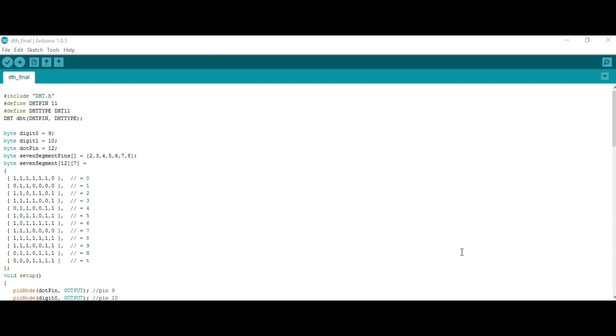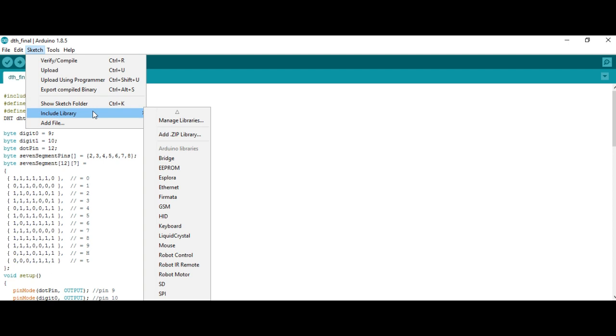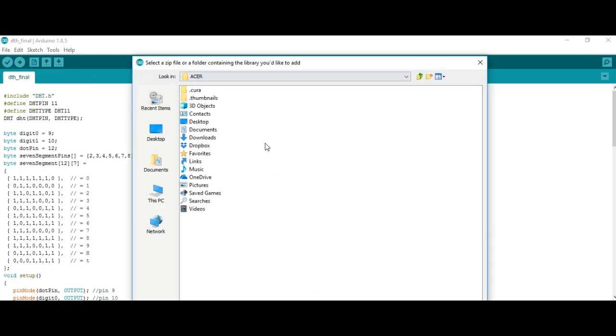Now we need to upload code to Arduino. Download Arduino code from link in the video description. Here we are using DHT library. So download library file, zip file and add library. To add library, go to sketch, include library, add library, locate your library,